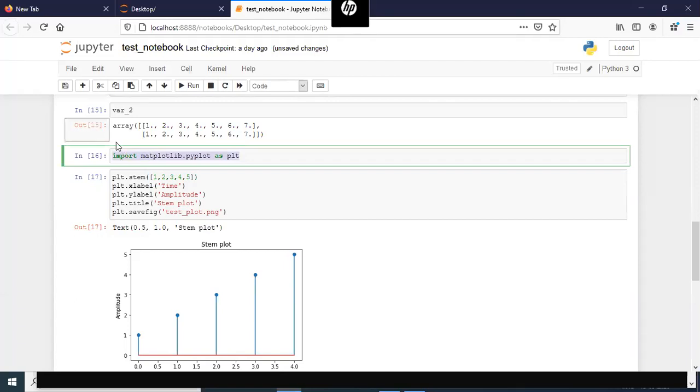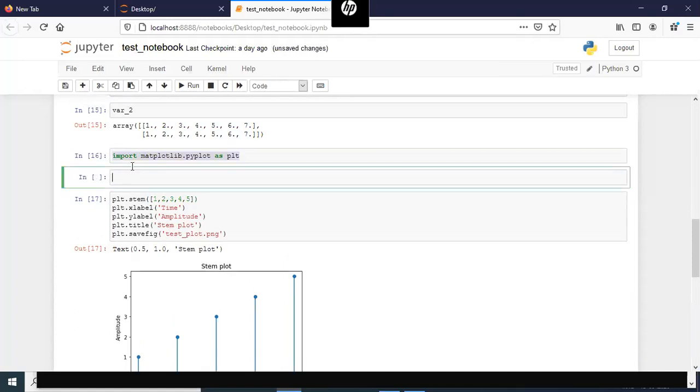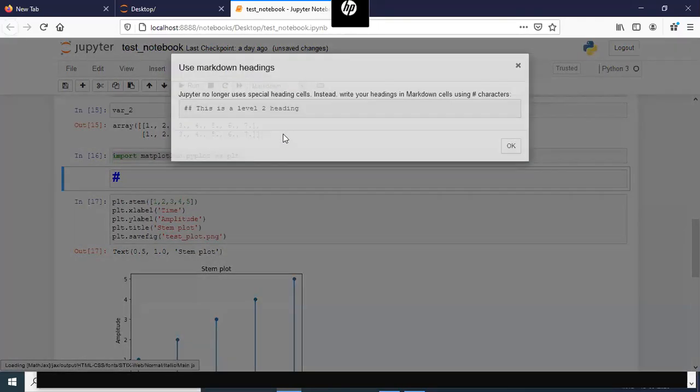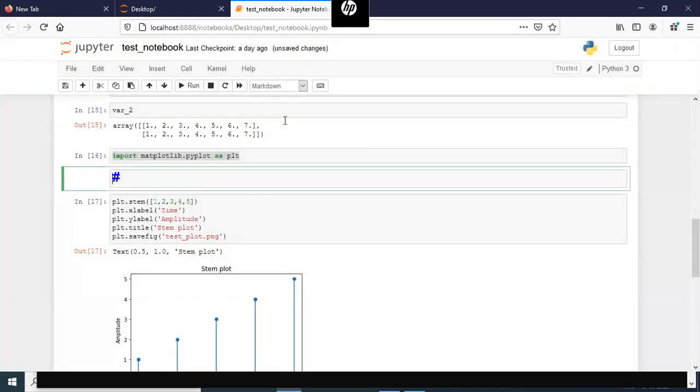To insert a new cell, you can click on this plus mark. It'll insert a cell below whichever cell was selected. You can go to this drop down menu that says Code, and change it from Code to Markdown.